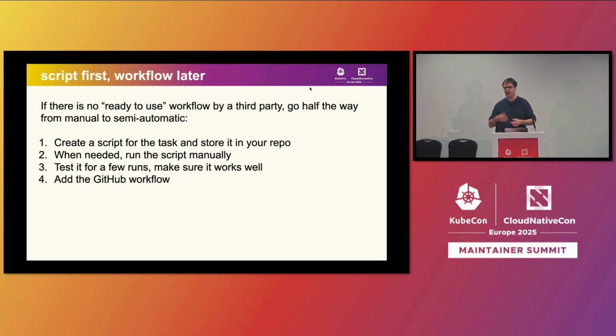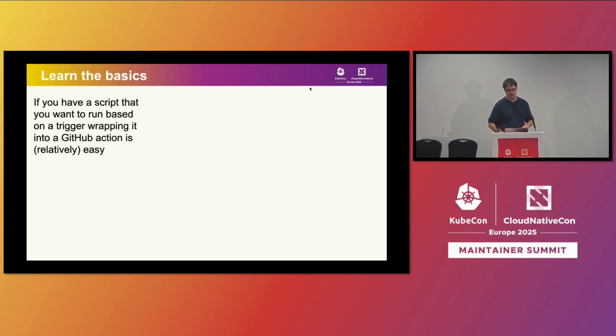So one script I've used for a few years now in the OpenTelemetry documentation is just a script that checks a set of URLs if they're still active or if I need to update them. And I always think, yeah, I need to turn this into automation, but for whatever reason I don't do it, because there are still so many steps required to fix it automatically. Once per month I run this script, and I have a few other ones I run manually, and then maybe later I think about automation. So this is the first step of the recipe.